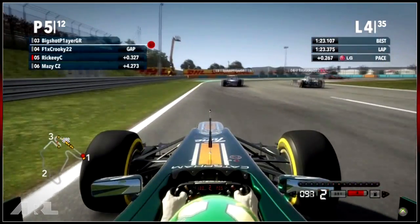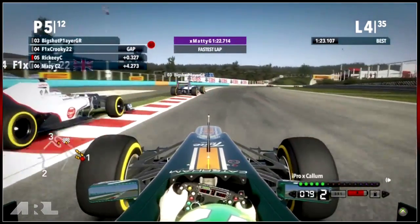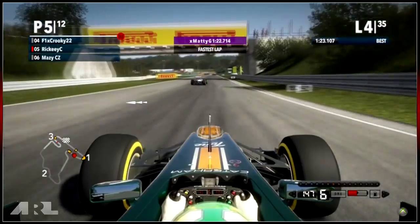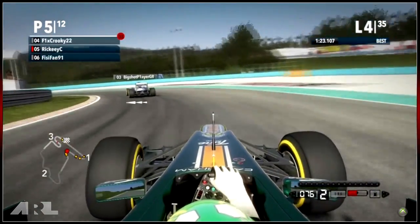Crookie looking up the inside of Big Shot. He's left him space. He's run wide though, and Big Shot retakes 3rd place as xMattyG sets the fastest lap. I think Big Shot could probably see that coming there, because that's why he probably left the door open for Crookie so that he could go straight through and outbrake himself, and that was smart driving there from Big Shot,